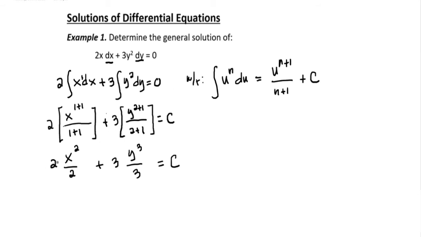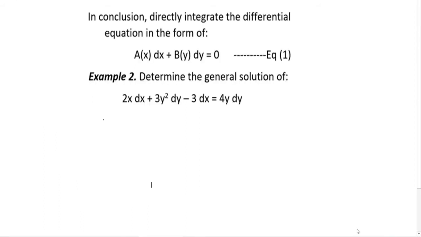As noticed, the constant 2 can be cancelled. Also, the constant 3 are cancelled. The remaining or the simplified equation is x squared plus y cubed is equal to c. This is the answer. In conclusion, directly integrate the differential equation in the form of ex dx plus by dy